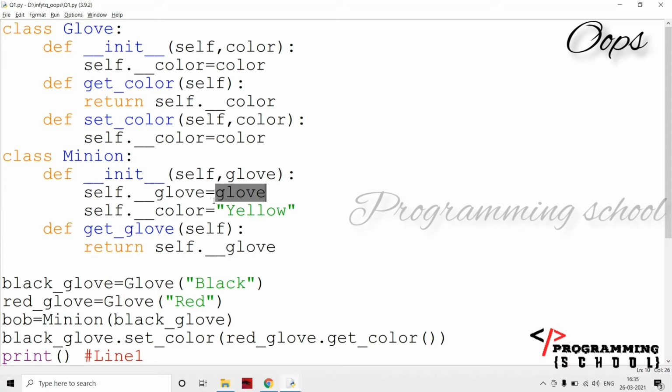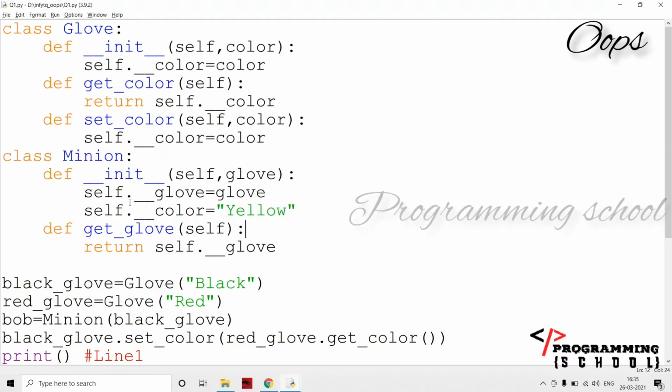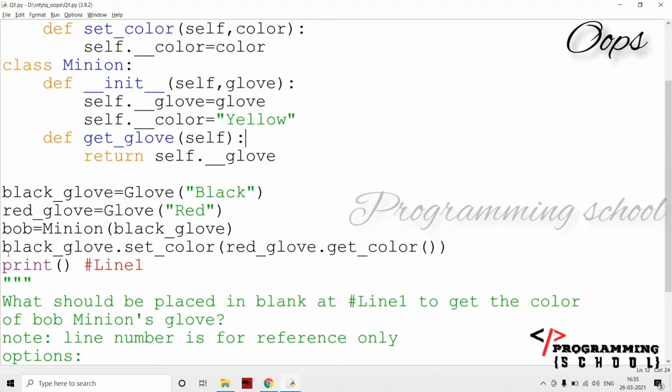That means if I want to execute, what is the color of Bob Minion's glove, I'm going to write underscore glove dot get color of. If I use that here, I can get it like that. And the next one is going to be black color dot set color of, forget about that and focus on this one, red color dot get color of.